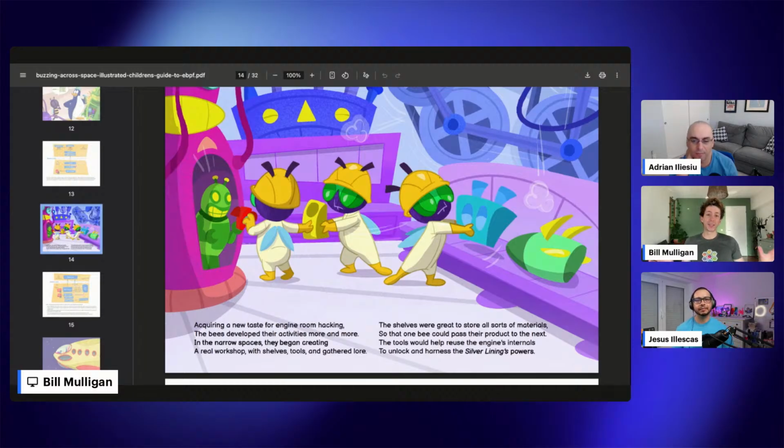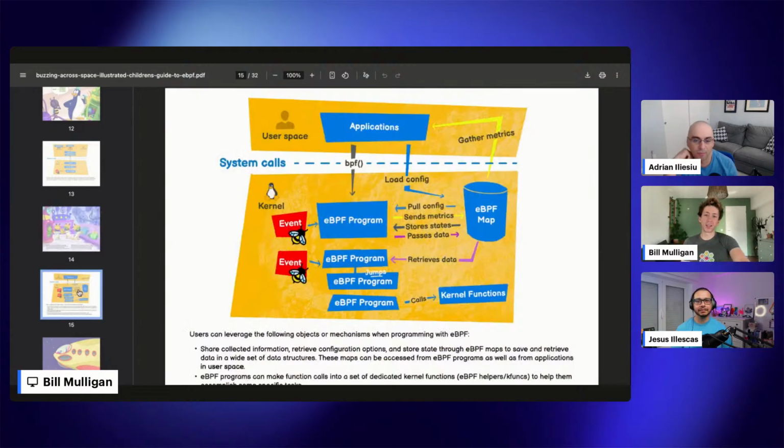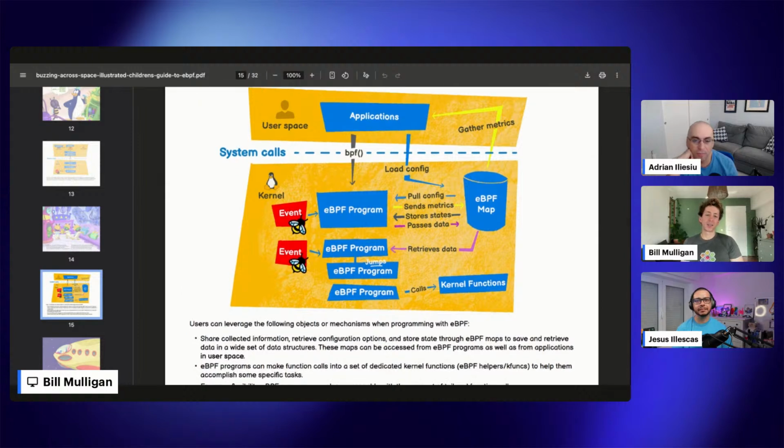But over 10 years, the community has built out this amazing infrastructure in terms of different ways to hack in the engine room, right? Adding things like increasing the instruction set size, adding helper functions, allowing you to do tail calls, really increasing the things you're able to do with eBPF. That's over a decade in the making. That's why I think eBPF is super exciting right now, because we have a decade of experience, and it's going to be exciting for at least the next decade.